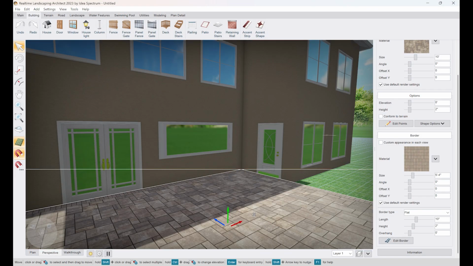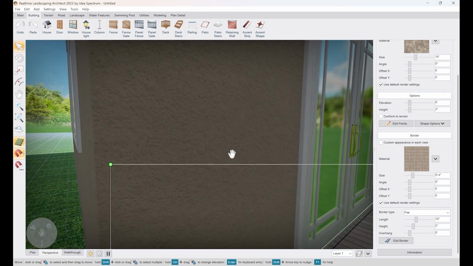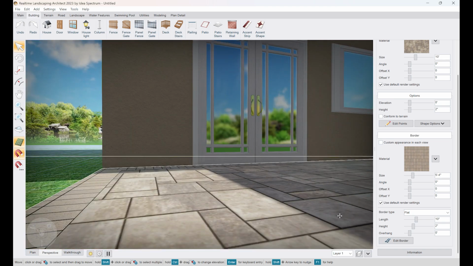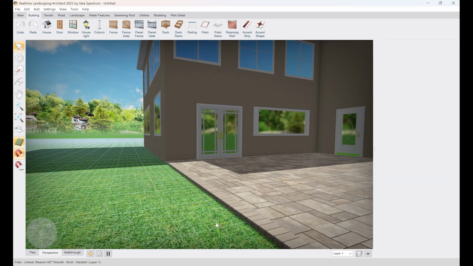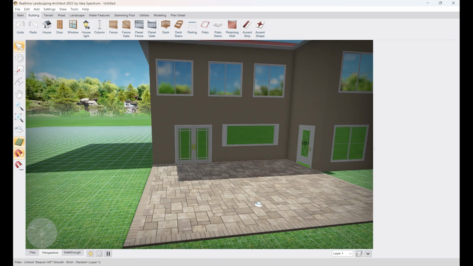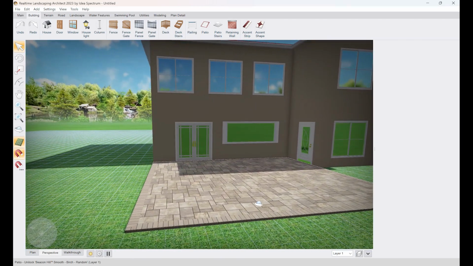And we're going to zoom in and notice that it's showing a weird seam, as we can see here. It's a really weird seam. The reason there's a weird seam there is because Holland Stone, as we know, is a 4x8 stone. But for some reason, the border always defaults to 10 inches. So border length is 10 inches. We simply go down to 8, and we make it an even 8-inch, 4x8. So if we zoom out, we can see that we have a perfect 8-inch